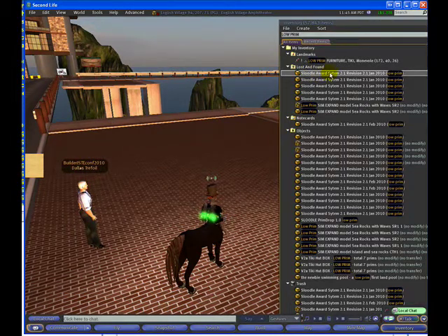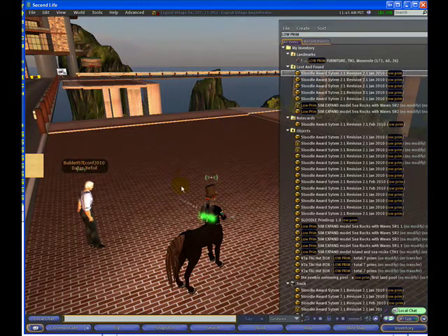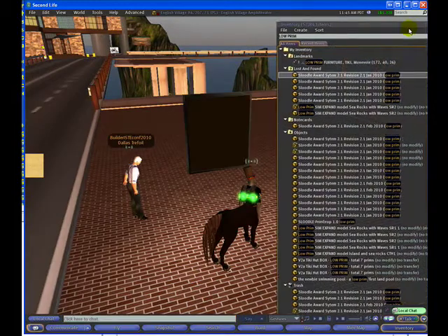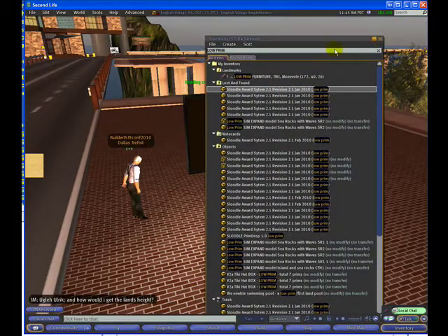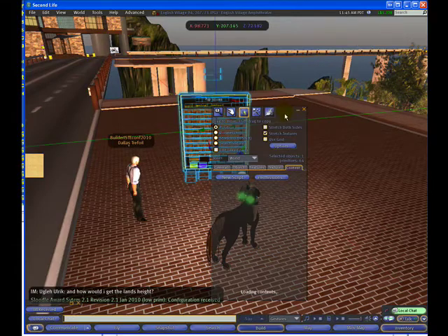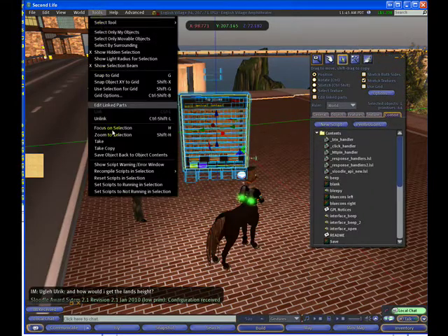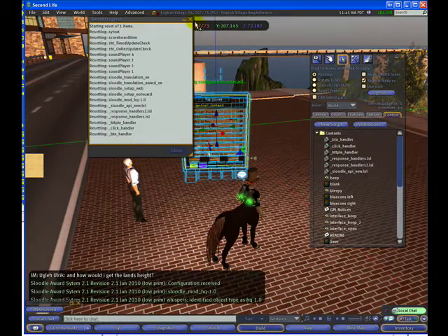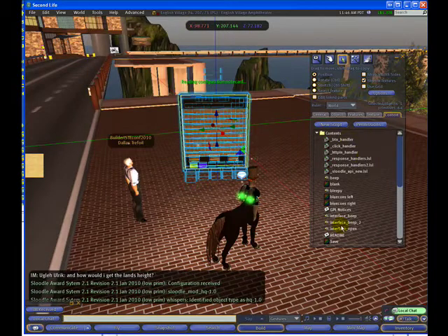So I recently made a low prim version. I'm going to grab that from my inventory and pop it here in Second Life. Here it is. I'm just going to rotate it around, and I'm going to reset the scripts of it because it looks like I've reconfigured this before. Okay, now this thing